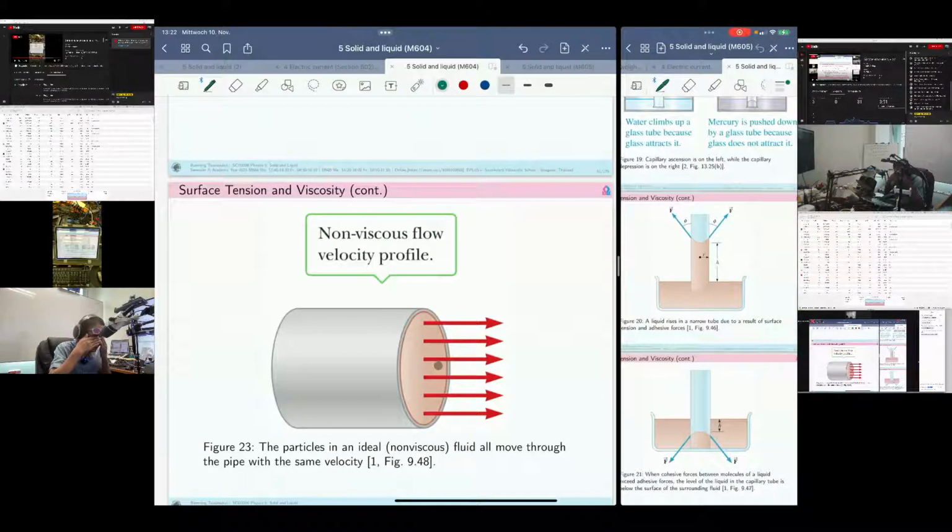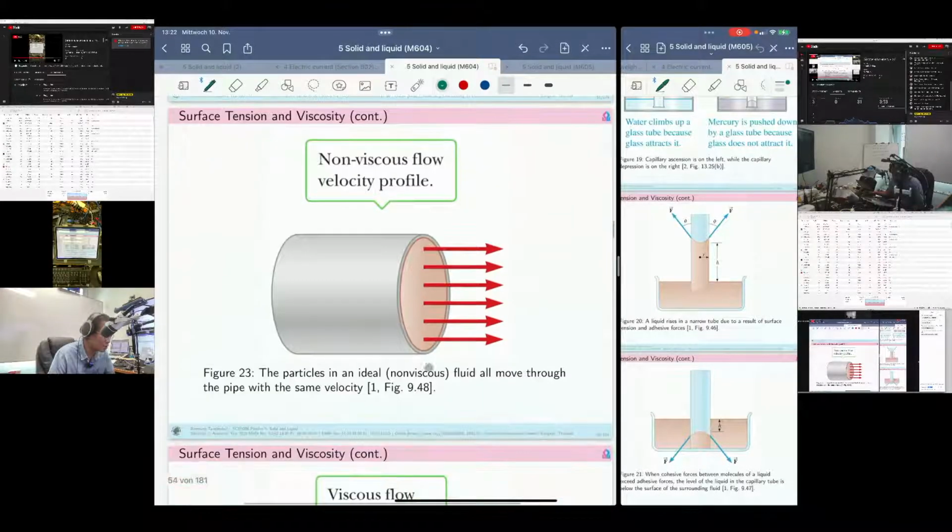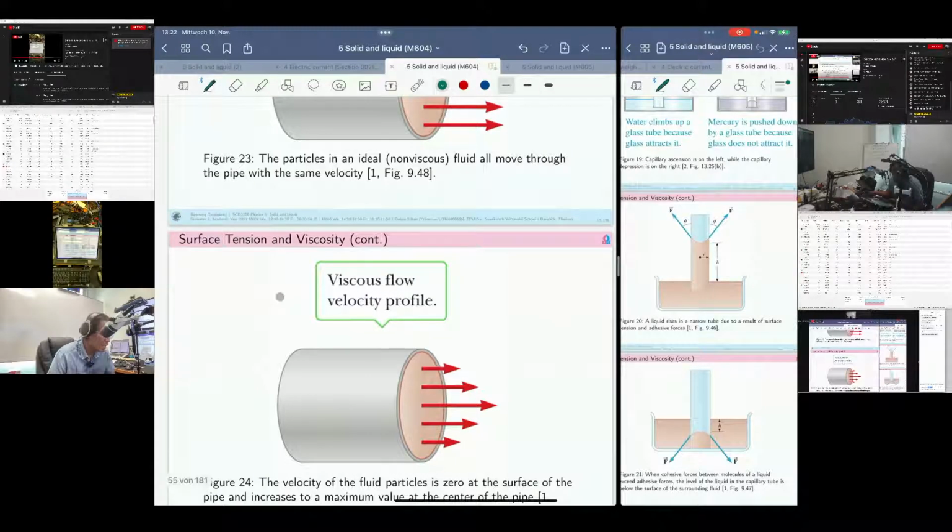But I would say this doesn't happen in nature. It's the ideal case. But anyway, the theory would say something about the ideal first, and then we are going to get into more complicated details. The particles in an ideal fluid move through the pipe with the same velocity. You can see here the velocity profile. The amount of velocity is the same at different points across this area. In reality,